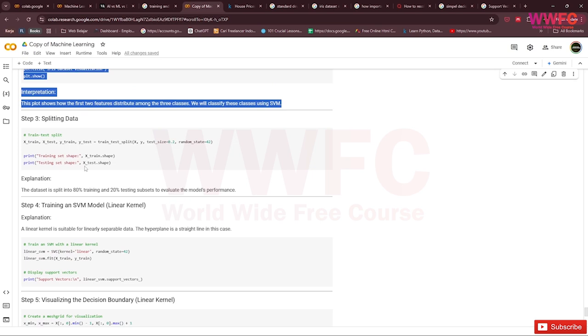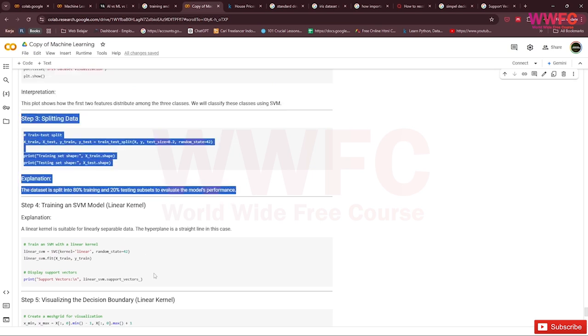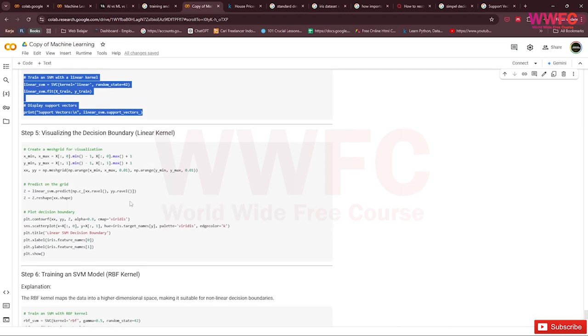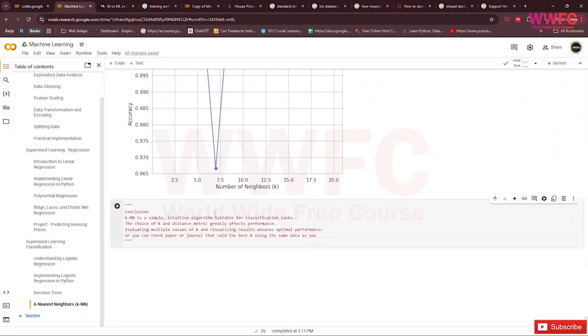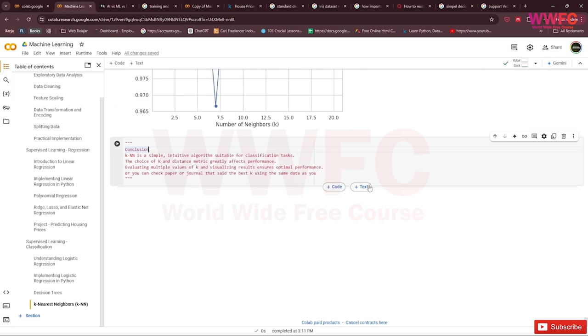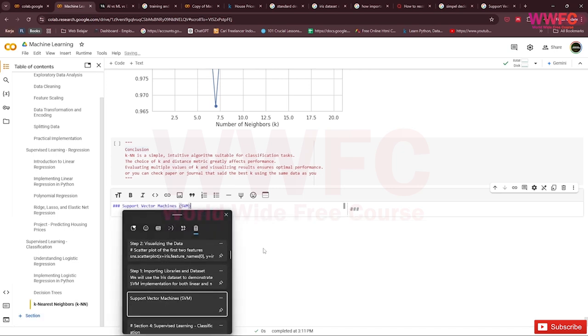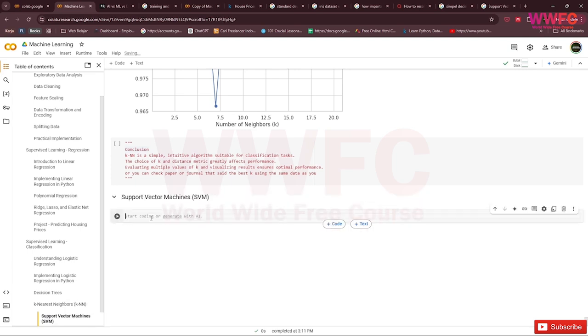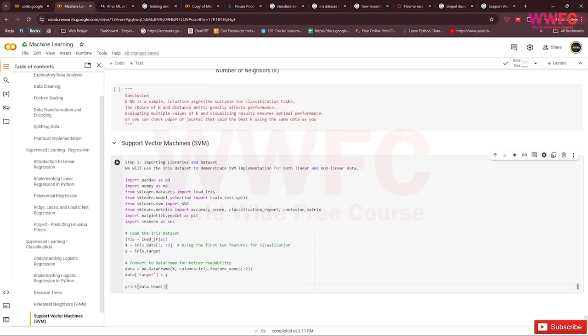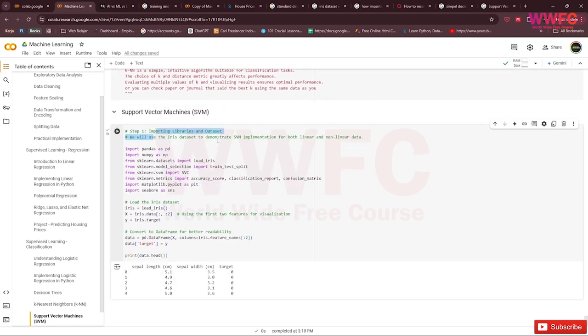We visualize the data and then split the data like usual. For support vector machine, as usual we import the libraries. We will use the Iris dataset to demonstrate SVM implementation for both linear and nonlinear data, but we just use the first two features for visualization.